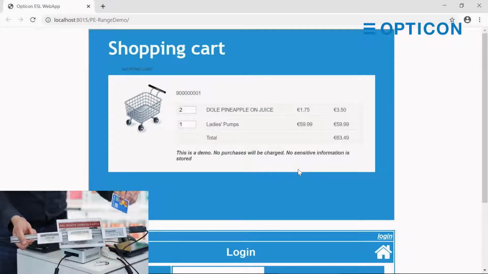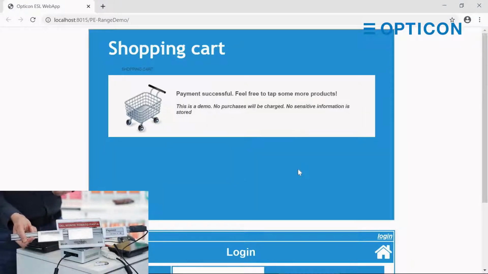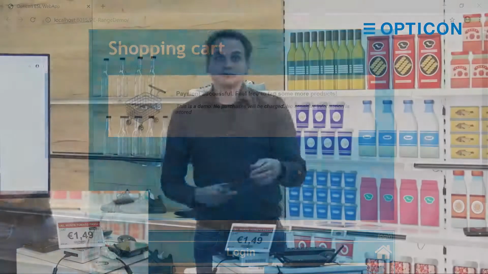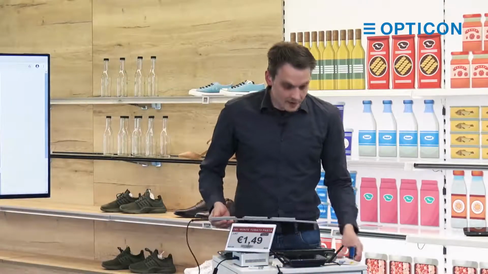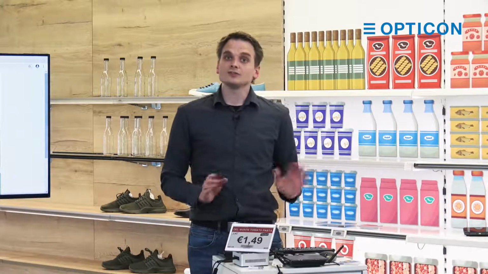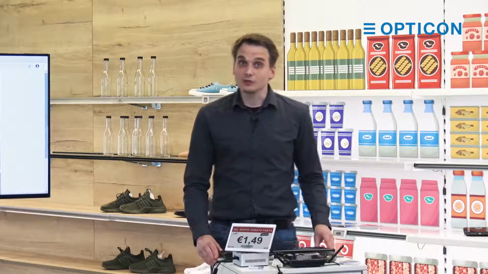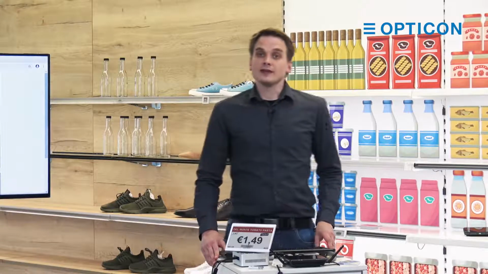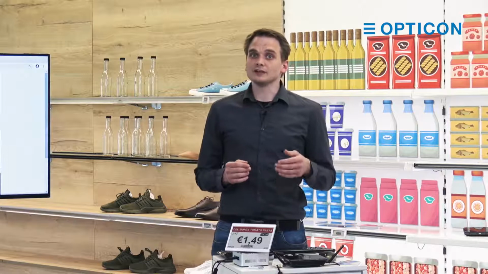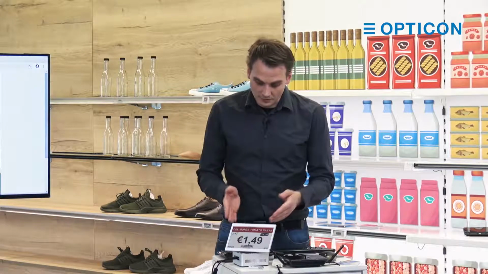When we're done shopping, we say, I want to pay. And boom, our shopping cart is empty. Now, in the case of this tutorial, the payment is a simulation of whatever situation that you want to have in your store. You can have a completely cashierless system using automatic invoicing,